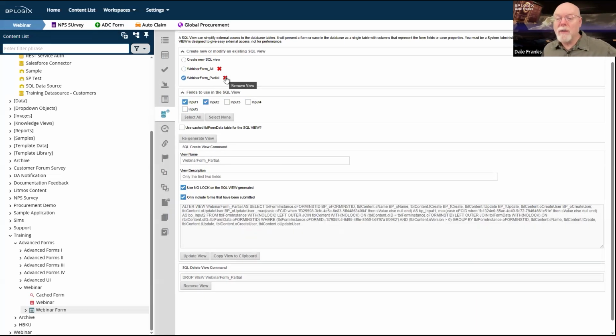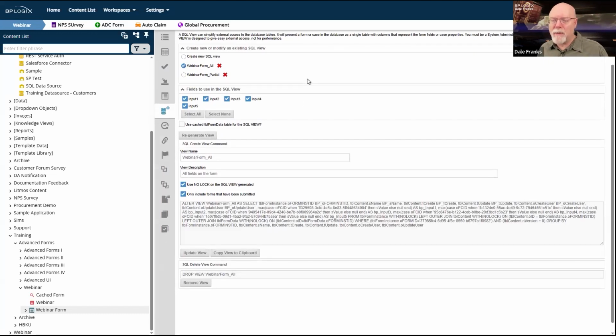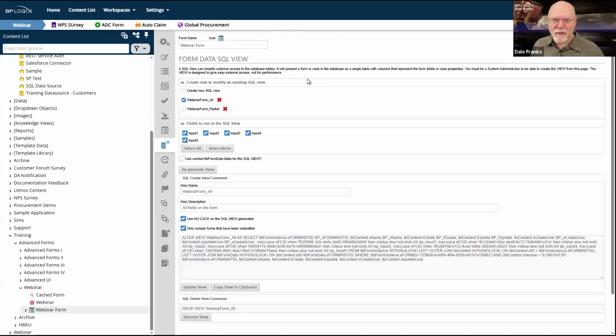I can delete a view simply by clicking the remove view. I think we'll go ahead and keep them here for the moment, just so that we have multiple views. Now, you've been able to do this view creation for a long time, but we have updated it to make it way more flexible. Prior to 5.44 something, you could create one SQL view at a time for a form. But now we can create multiple SQL views on the form. And there's no reason why you shouldn't be able to do that. I don't know whether it was just something we never thought of or nobody had ever asked for. But now we can just use that.